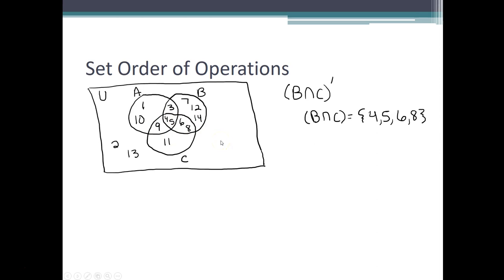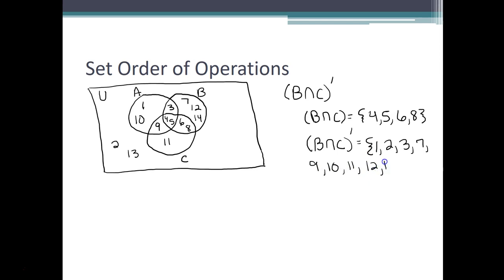Now if they had said B intersects C and not A, then that would be different. That would be just the 6 and 8. But they didn't say that. So then once you've tackled what's in the parentheses, you can work your way out. And outside the parentheses, we have a complement. So that complement means every other element that's in this Venn diagram except 4, 5, 6, and 8. So we're looking at 1, 2, 3, not 4 and 5, 6, but then 7, not 8, 9, 10, 11,